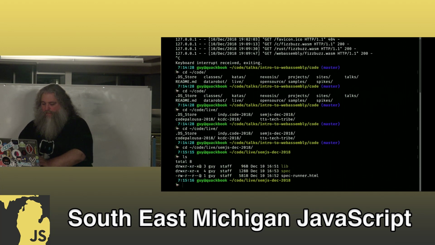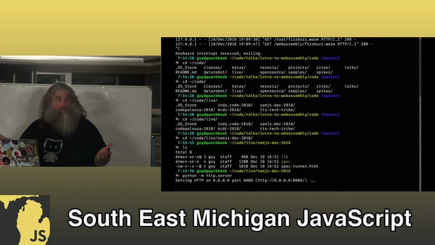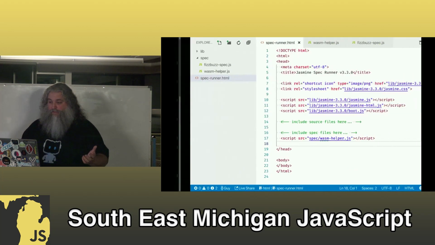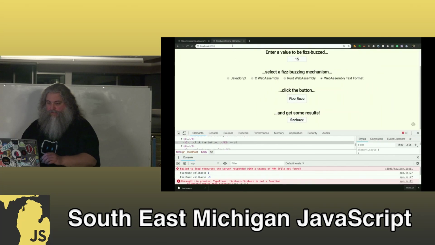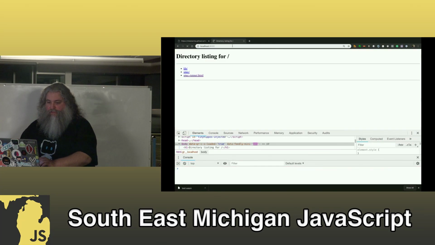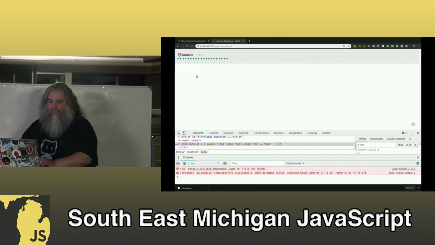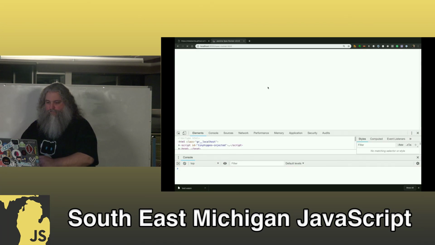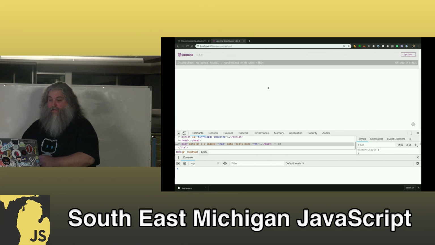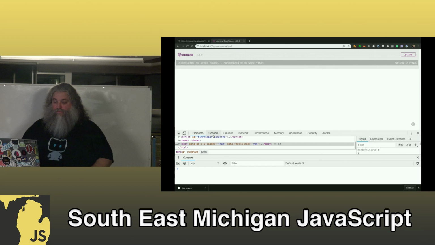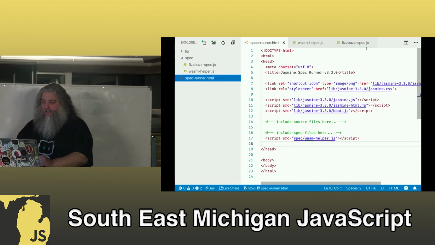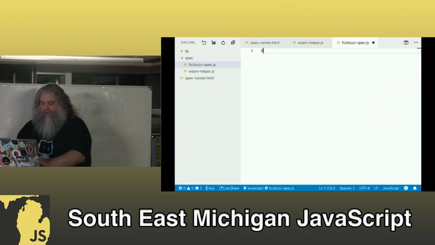Okay, so I'm going to do python -m http.server. That brings up a new server on port 8000. And if I go here, go to localhost 8000, it'll say file not found, it'll give me a directory. Okay, so no specs found, which makes sense. Let's code a spec. So describe